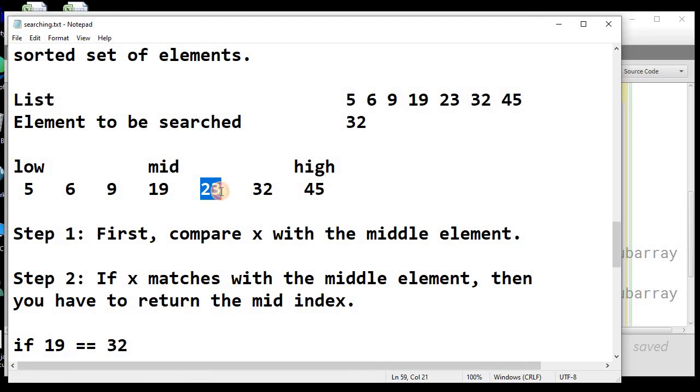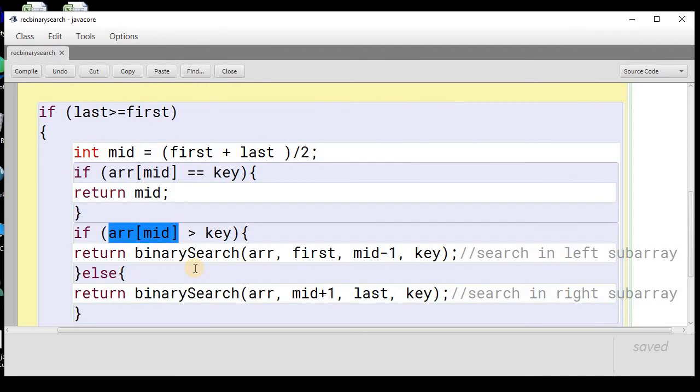Now what will be the low index? In this case you can see that this is mid plus 1, as it is just on the right hand side of the mid. So the low index of this right hand side list will be mid plus 1.